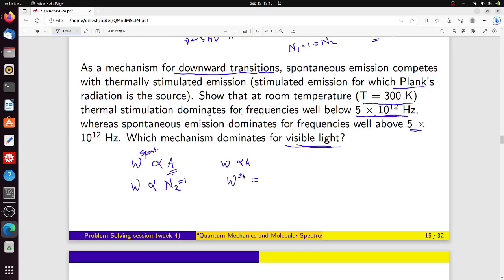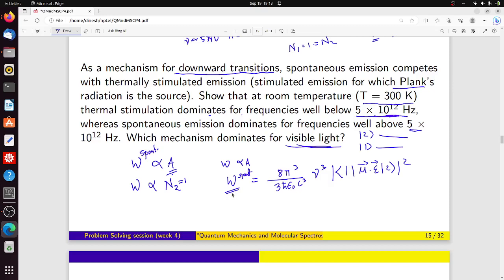W spontaneous will be equal to 8 pi cube over 3 h cross epsilon naught c cube, nu cube, and this, let's say there are two states, 1 and 2, then this will be 1 mu dot epsilon 2 mod square, right? So this is the